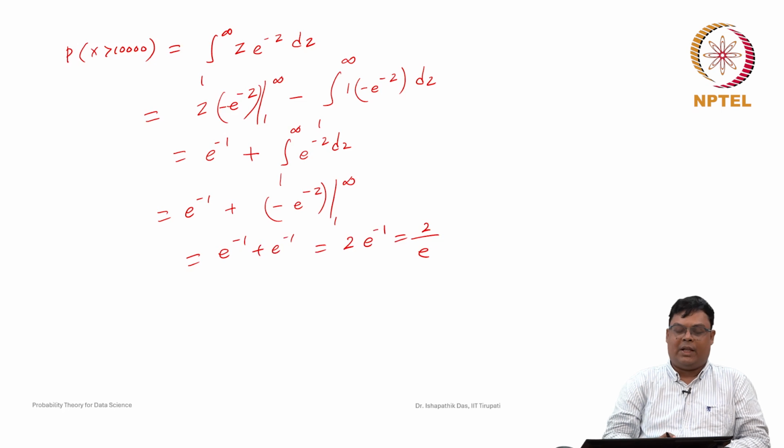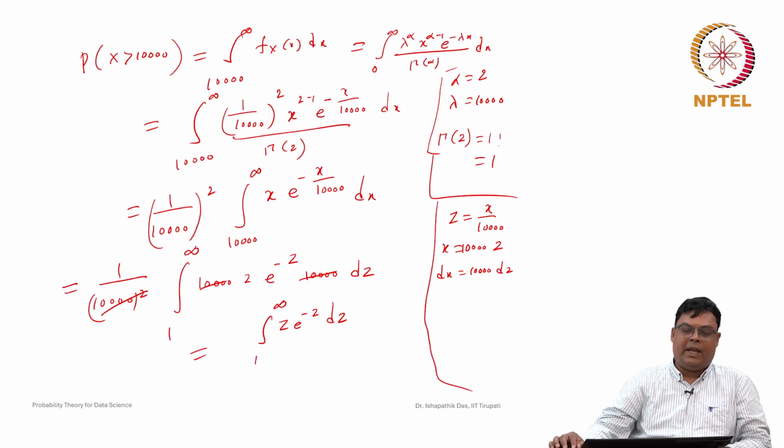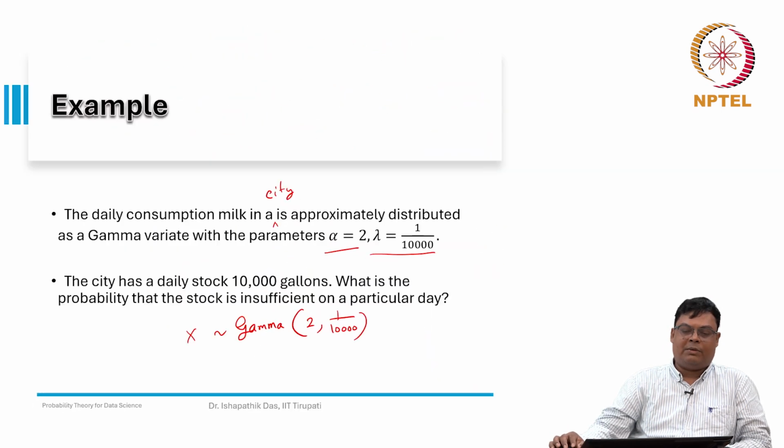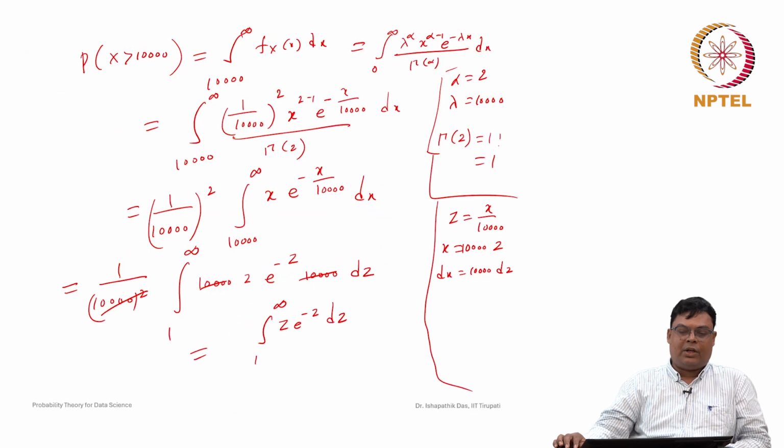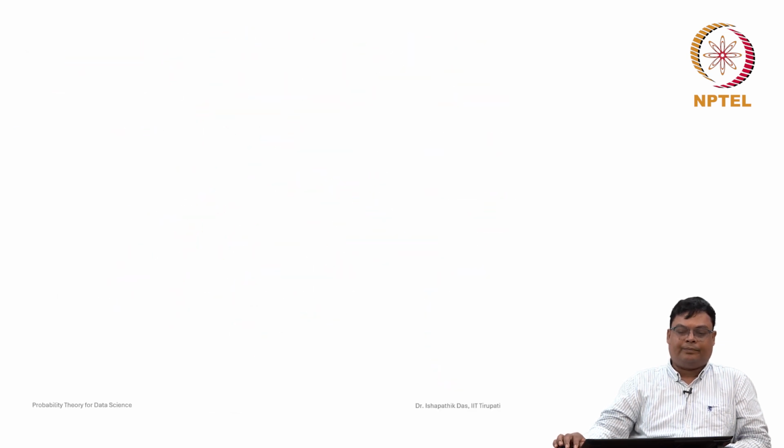So, this is the probability that on a particular day the consumption is more than 10,000 gallons. So, that is the probability that the stock is insufficient on a particular day. So, this is one numerical example we discussed of gamma distribution. So, this is one of the important distributions. Now, we will discuss